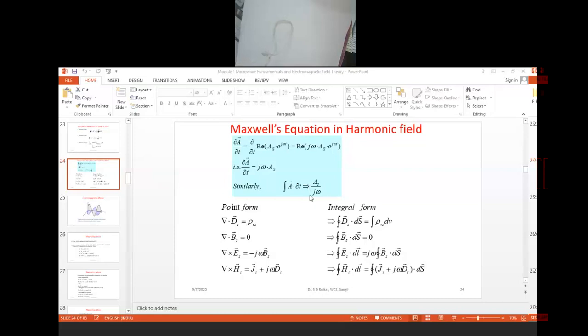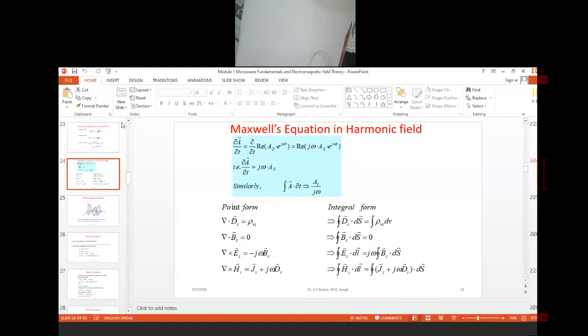For mobile communication, microwave signals are used. That is nothing but the same wave. But we need to know what power is transmitted for the given wave. For that purpose, we should know what the electric field component is and what the magnetic field component is. If the wave is propagating, we need to know about power.